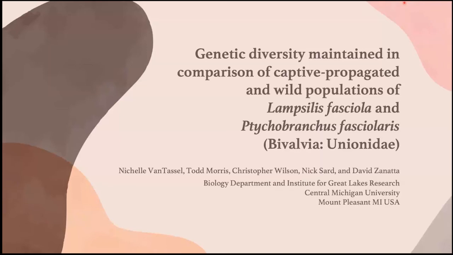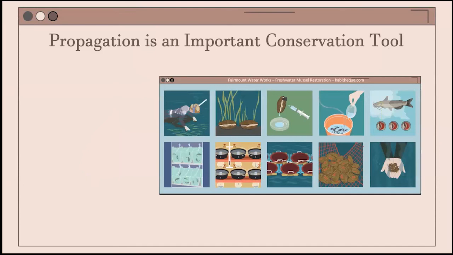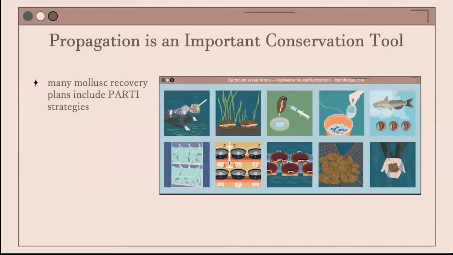Thank you for stopping by to listen to me talk about genetic diversity maintained in comparison of captive propagated and wild populations of Lampsilis fasciola and Ptychobranchus fasciolaris. Given the decline of Unionids, propagation has been identified as a viable conservation tool for this taxa, and many mollusk